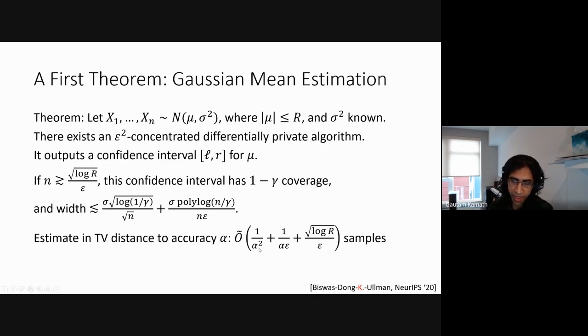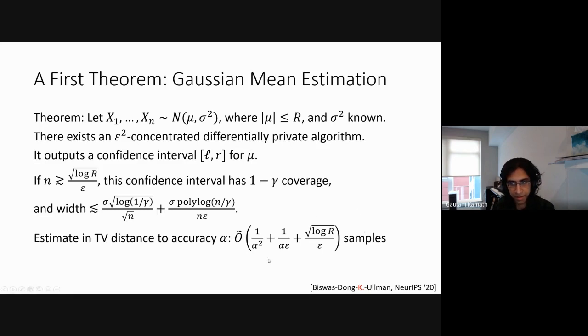Remember before, we didn't have this third term, but there was an r over alpha epsilon. But the key point here is that we've reduced the cost on r, that is our uncertainty, from a linear cost to a square root logarithmic cost. So this is an exponential improvement in terms of this parameter. And this is very useful if, say, you're an analyst and you have no idea where your data lies. You can just be very generous about your guess as to where it lies, between 1 and a million or something, and this will be able to adapt to that fairly cheaply.